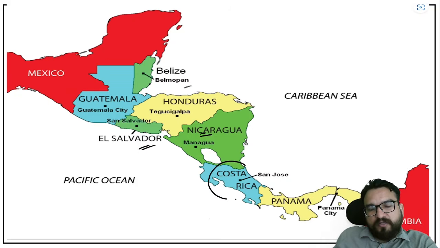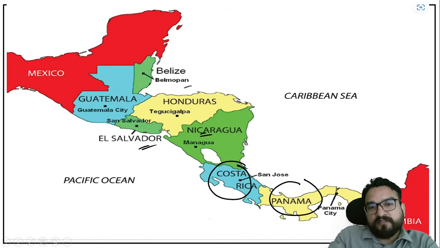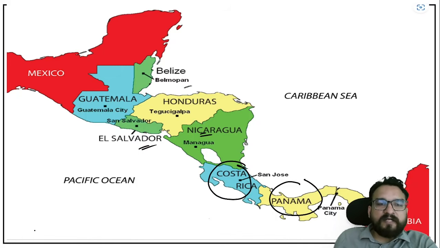And then you are finding Costa Rica and Panama, guys. So if you want to learn this, then you have this strip over here, and this strip contains about 7 countries. This contains 2 countries over here. Then over here you have the 3 countries. And then you have 2 countries over here, right? So like this you have to remember. I'll let you have that on the map too.